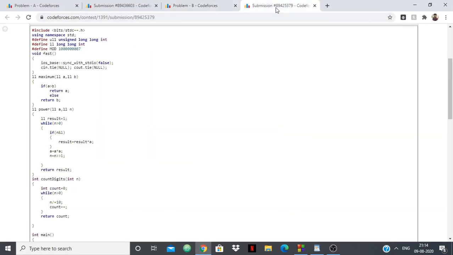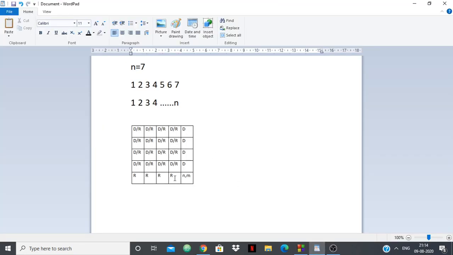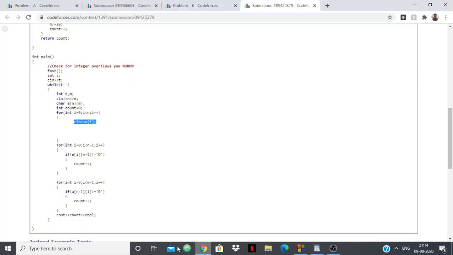So I'll just show you my code. Basically from 0 to n, I've used a character array. I've taken each line, RR, DD, whatever line was there, and then I'm checking the last column and the last row. Like I said, the last column should be D, down, and the last row should be R, right. I'm checking for that only, and if it is not, then I'm increasing the count, because then we'll have to change that cell. Finally, we're just printing the total count.